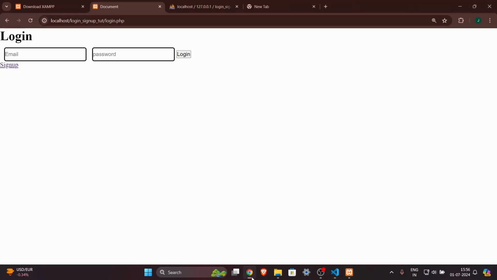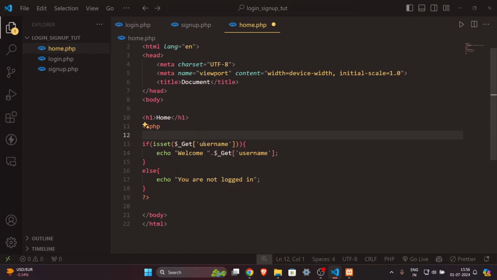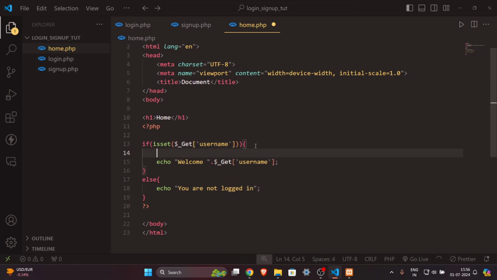So whatever the URL will be, it will grab the name from the URL and then simply show it over here as this welcome name or the email ID which we have given. And if there is no email ID, it will say that you are not logged in. And one more thing you need to do, copy this get username and create a new variable called name,